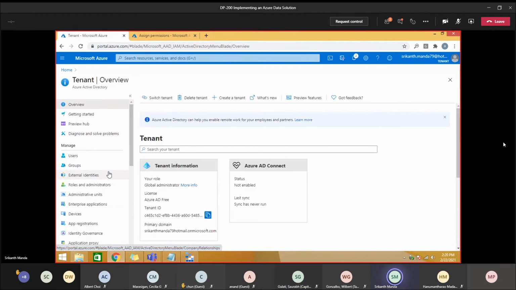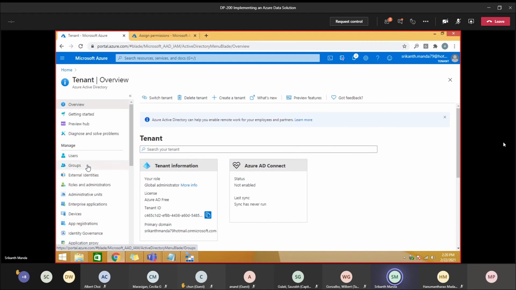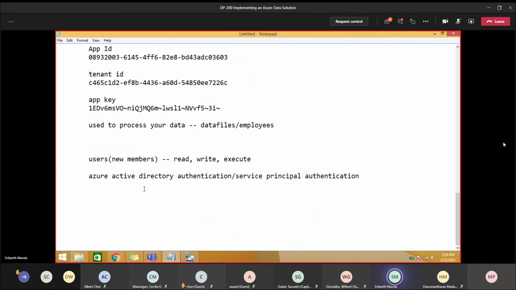Okay. Even I don't know much, I only learned a little bit about how to add users and groups and give access. But admin people will do the right things. The Azure admin team will do it, so we will not do all that. But we require it. So tomorrow when I do all this,